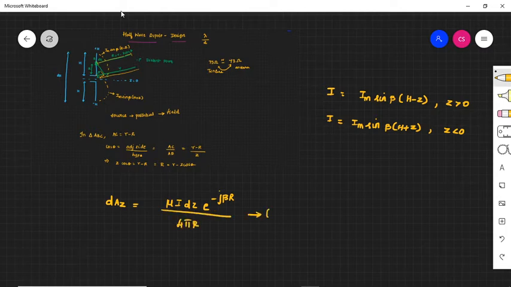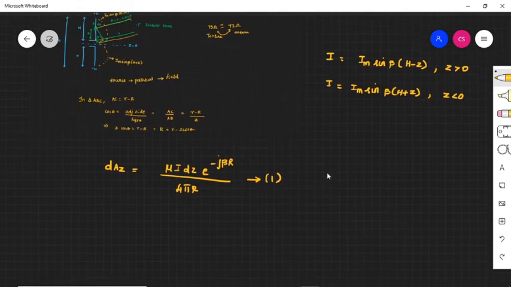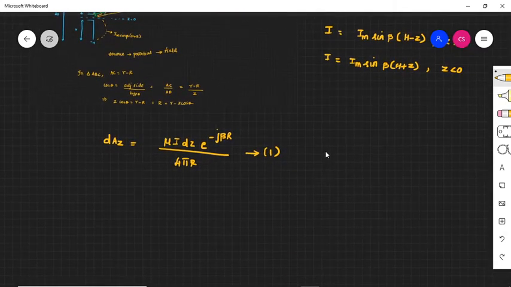This is not a new equation to us. We have already studied this in the subject electromagnetics. You would have studied A is equal to integration of mu I dV divided by 4 pi r. It is the same equation that you studied in the electromagnetic subject. And we know that r is the distance between IDZ and point P.